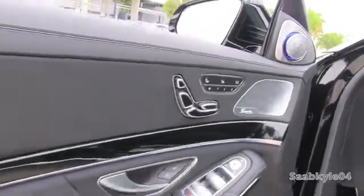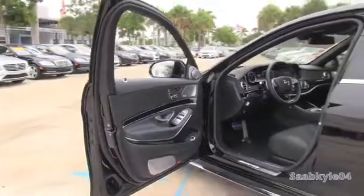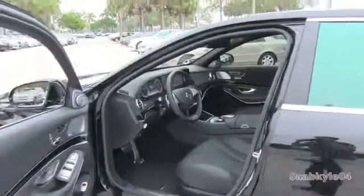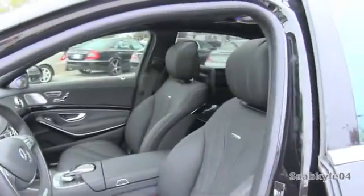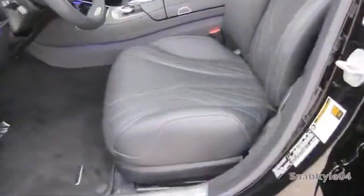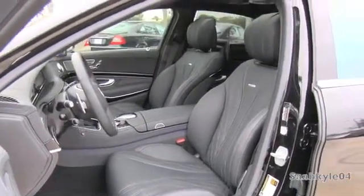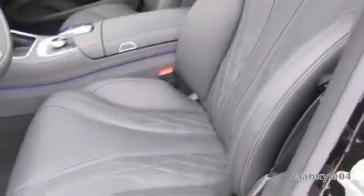modern. All of your power accessories, including folding mirrors and memory settings, are located on the door. The redesigned AMG Sport seats coddle you with an abundance of support and soft contours while featuring AMG tags on the backrests. S600 cars display a V12 tag. On the doors, you'll see all of your basic power seat controls as well, including a power thigh extension, adjustable headrests, and seat belts. With the seat ventilation, rather than pushing air out initially as you would typically see, there's